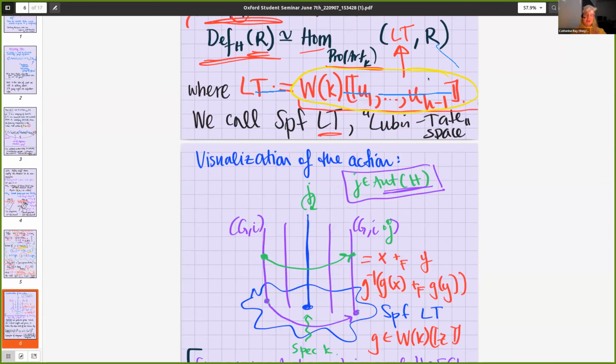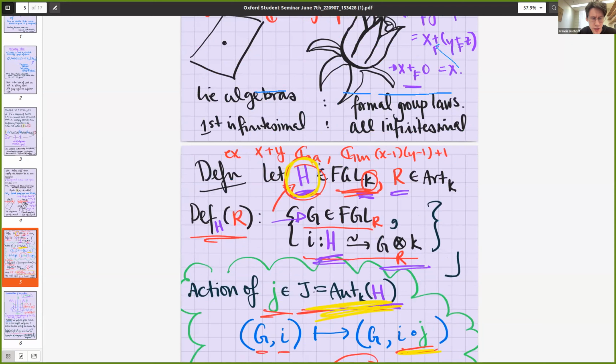Okay, great. So G_m and G_a are different in characteristic P, whereas in characteristic 0 they would be the same. G_a and G_m are isomorphic in characteristic 0 by the logarithm map. In characteristic P, the power series for the logarithm map requires you to divide by P, so it is no longer an isomorphism in characteristic P. In characteristic 0, they're all isomorphic, but not in characteristic P.